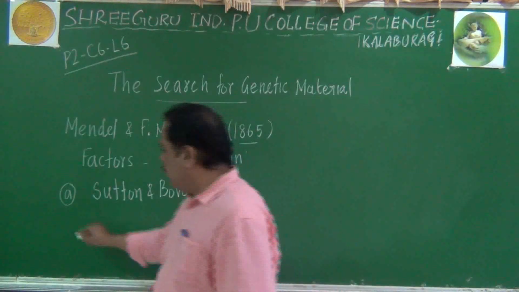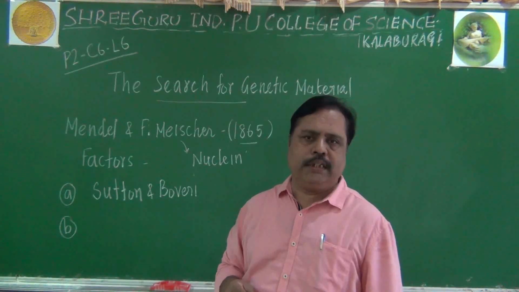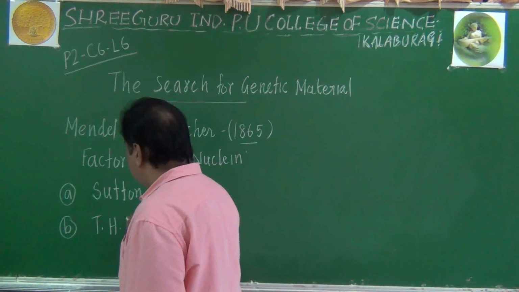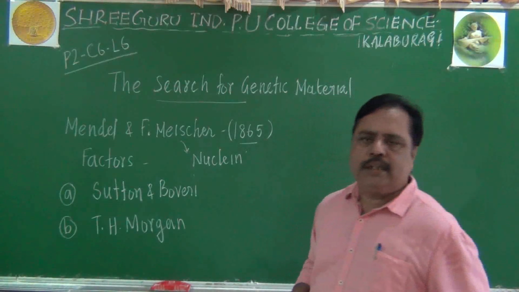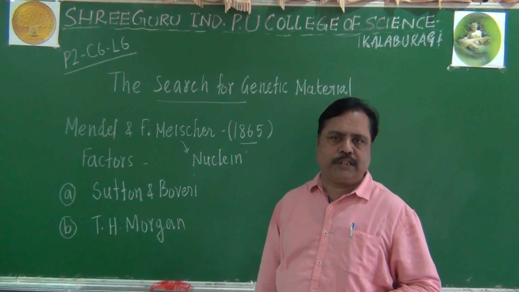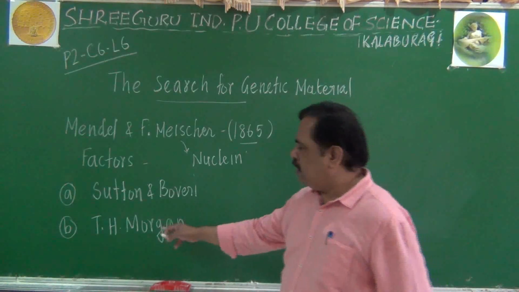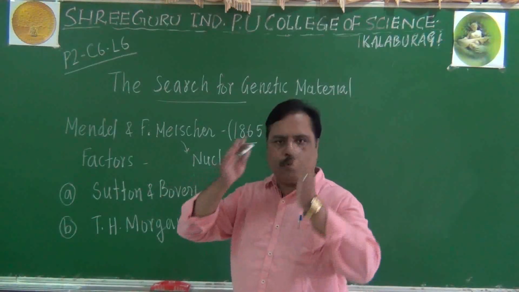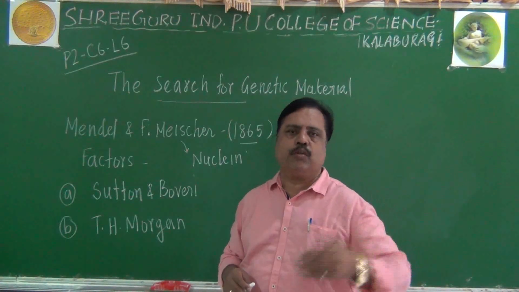Not only this one, there was another important contribution made in the field of genetics and inheritance. It was given by T.H. Morgan, you may be remembering. Remember, T.H. Morgan studied sex-linked inheritance in Drosophila melanogaster. We have seen this in the previous chapters. T.H. Morgan proved that the characters or the factors are located on the chromosome. That is proved by means of the behavior of the sex chromosome.